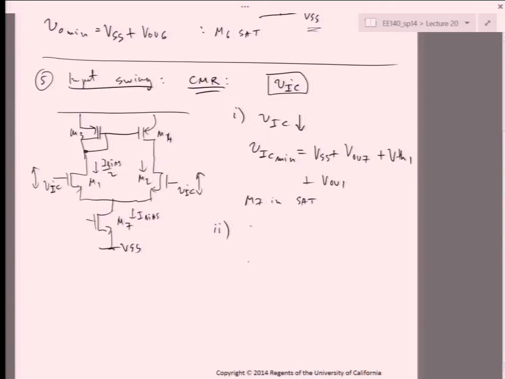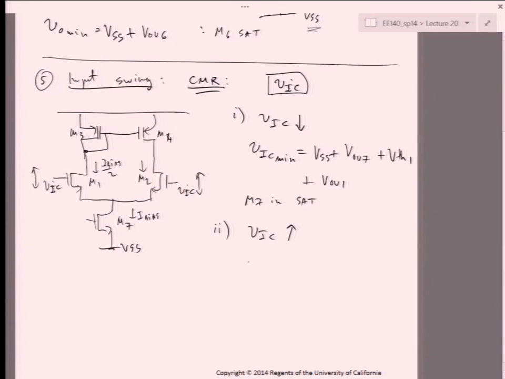I look at VIC going up. So if VIC is going up, which transistor gets squished? Well, M3 definitely gets pushed, but can M3 really ever be taken out of saturation? Its VGD is 0, right? So it's always in saturation. If you push too hard, you can